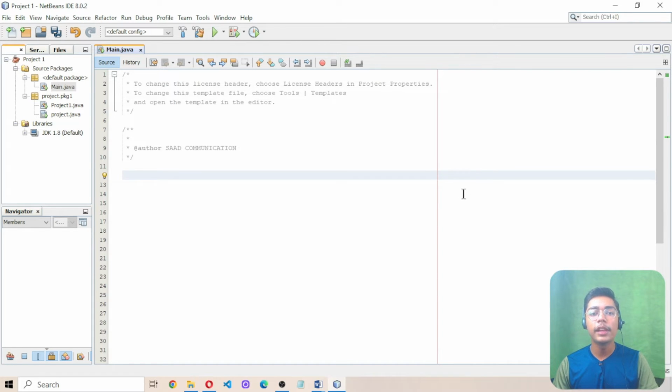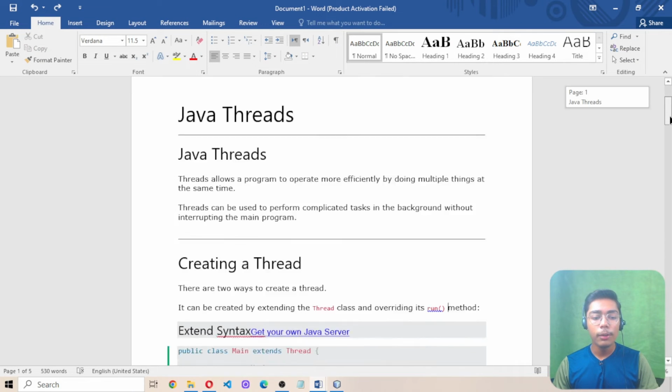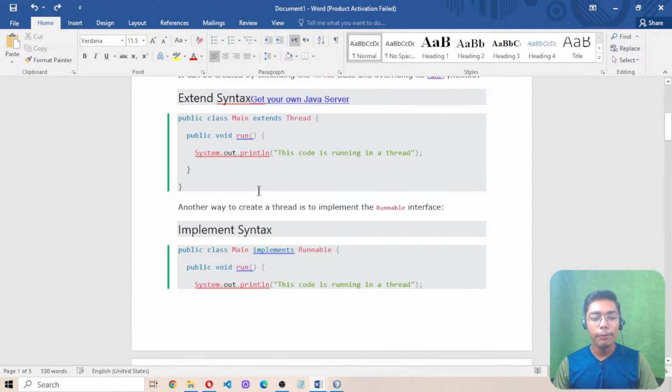You can directly use threads by using its Thread class, or you can override using the run method. So these are the two ways which you can use to create a thread here. Moving on to this Word document, if we move down, we will be using the first method here, in which we are just creating a thread class. You can just see it by